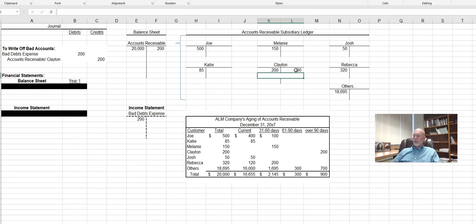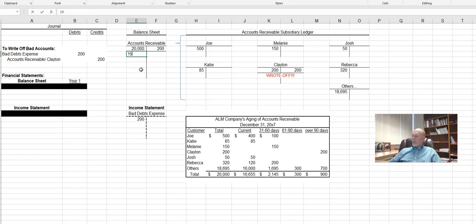in this case, Clayton. And in big red letters, we would probably want to indicate that this account balance is zero, not because he paid, but because we wrote off his account. That way, if Clayton comes in at some point in the future and wants to buy something else, we can look up his account and tell him, well, we're not going to sell to you on credit because you didn't pay us the last time. So, when you write off an account,